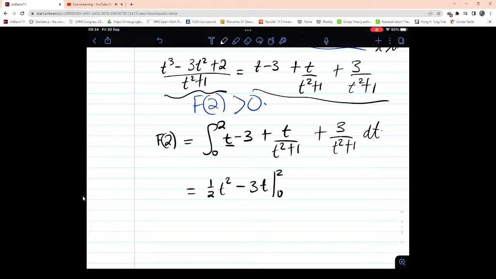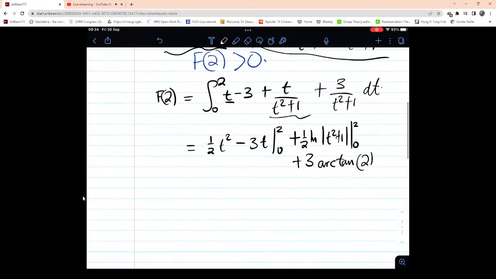From 0 to 2, we get that, plus if we integrate this, we will have half of the natural log of t squared plus 1, the absolute value of that, from 0 to 2, and then plus 3 times arctan of t, and then you evaluate from 0 to 2, and then you get that. So if we evaluate here, we get minus 4 plus half the natural log of 5 plus 3 times